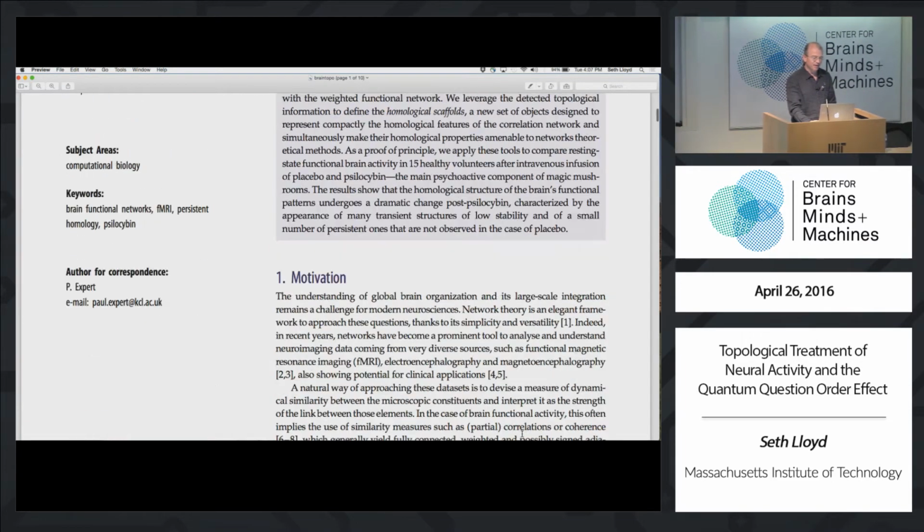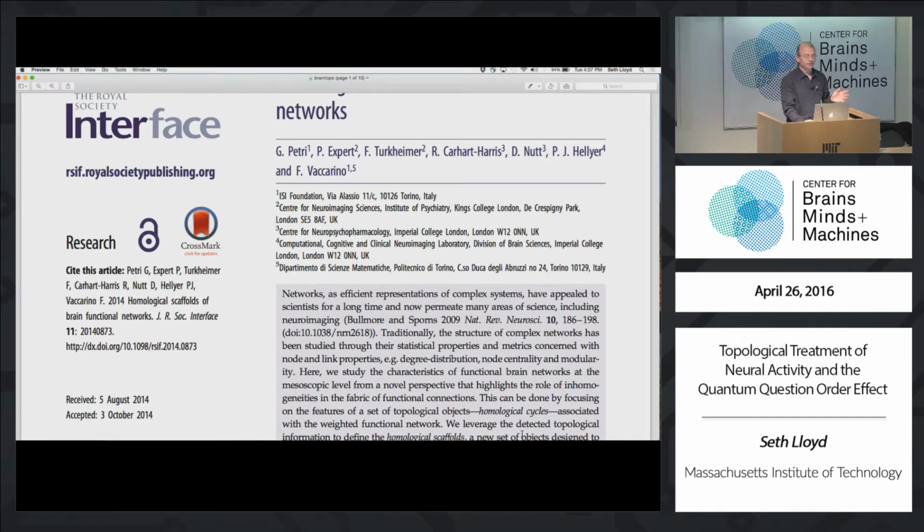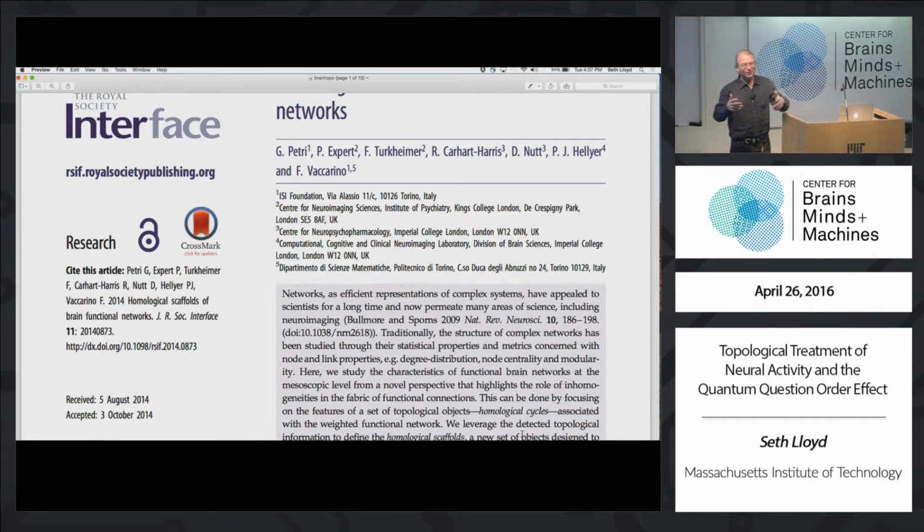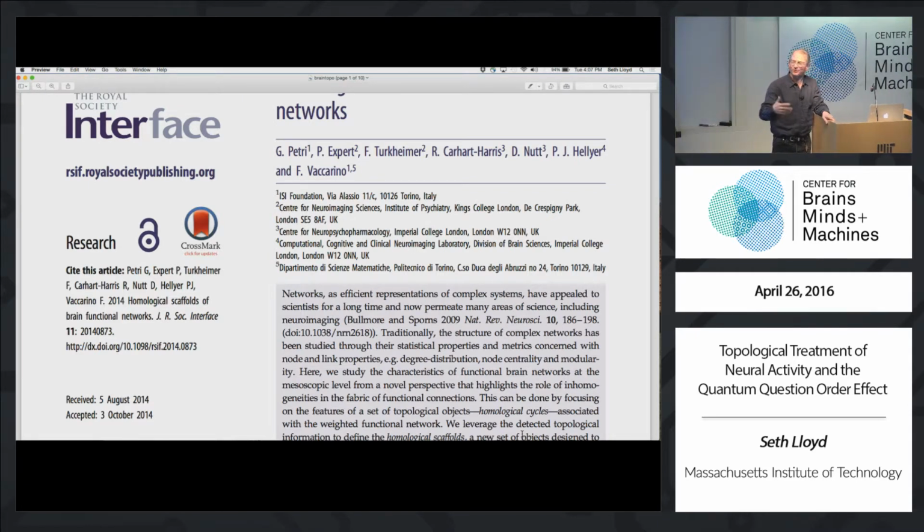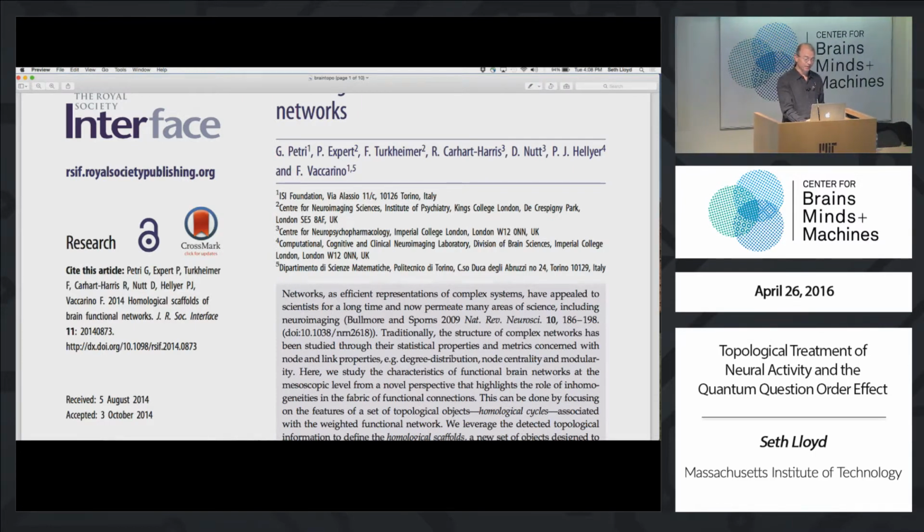I had a terrible time learning these methods. Somebody told me I should learn about these topological methods, and I tried to read the papers and I failed. And then I tried again and I failed. It's like a novel, right? You read a novel and you just don't make it past the first 50 or 100 pages. But I know from reading novels, if you try enough, you can sometimes eventually succeed. And I finally enlisted the help of a bunch of people who are much more mathematically sophisticated than I am. One is Francesco Vaccarino, one of the authors of this paper, who helped explain this to me.